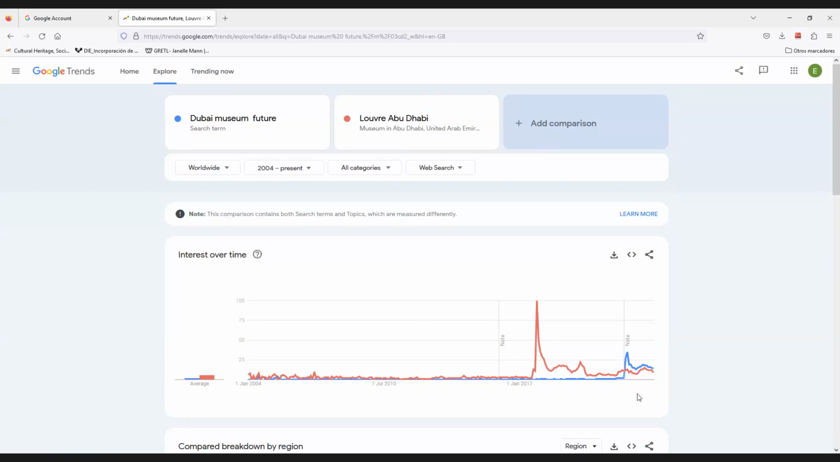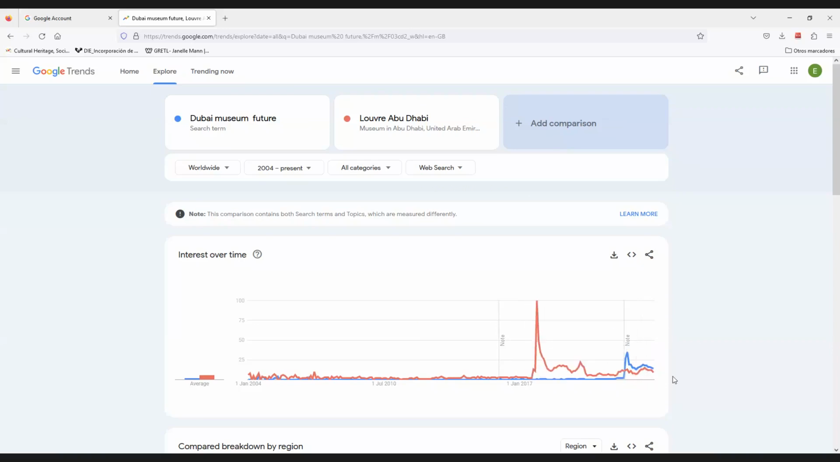Voila. And you can see very clearly that the Dubai Museum of the Future is performing nicely, but it is true that the Louvre Abu Dhabi was doing better at the inauguration. Now, if you compare it at the end, after the inauguration of the Dubai Museum of the Future, you can see that the line of the Dubai Museum of the Future is a little bit